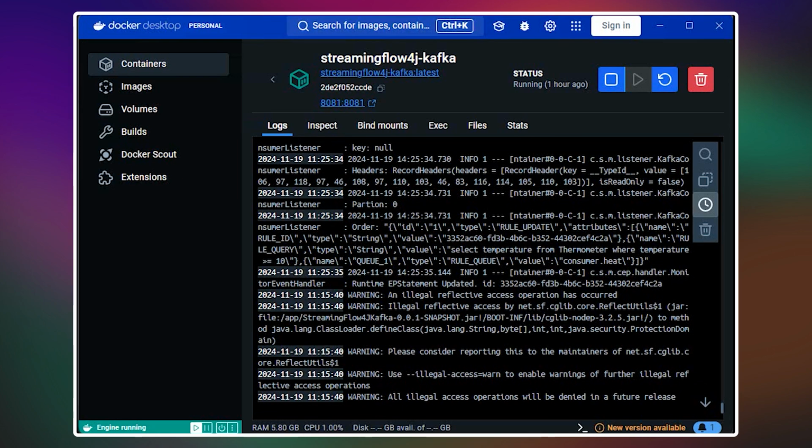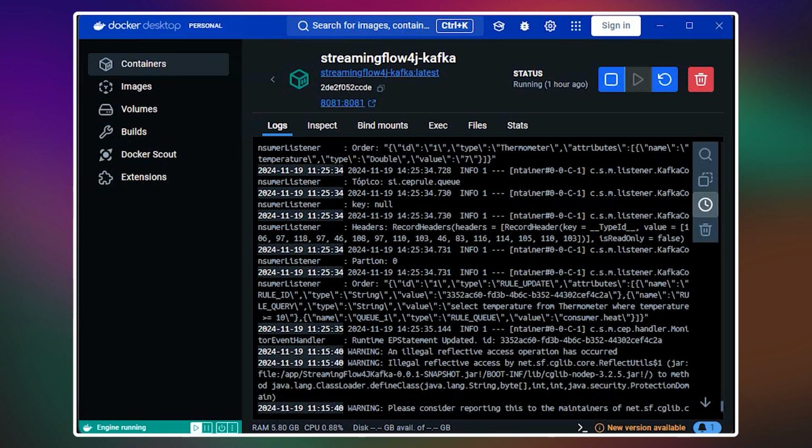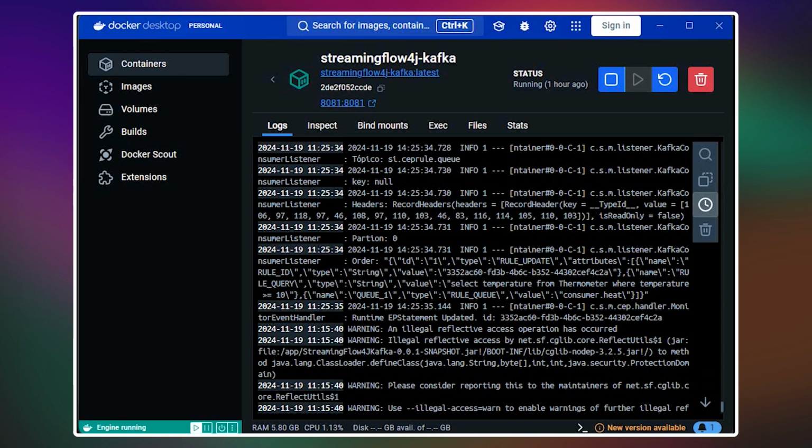Okay, it made the update here, and just change it and make the update here, and this is the requisition, and it is considering this new rule.